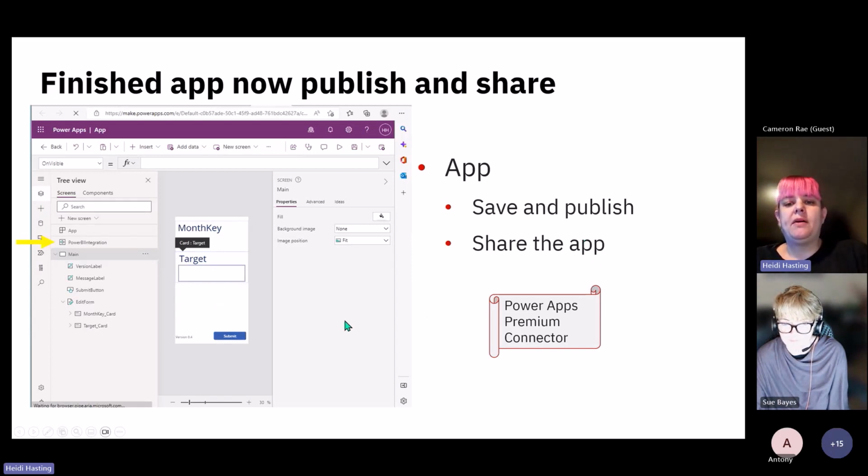So once we've built that Power App, we save it and publish it. And of course, we need to share it. And be mindful, in my case, I'm using a premium connector with an Azure SQL backend. And the key thing there, when you're working out what backend you're going to use, whether you're doing Excel spreadsheet, Azure SQL, whatever the case may be,